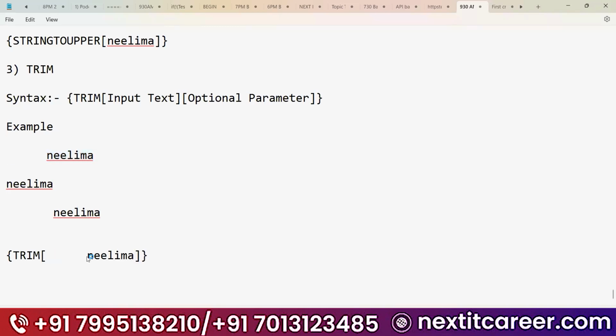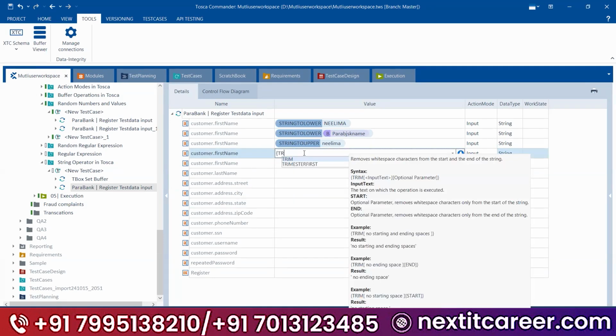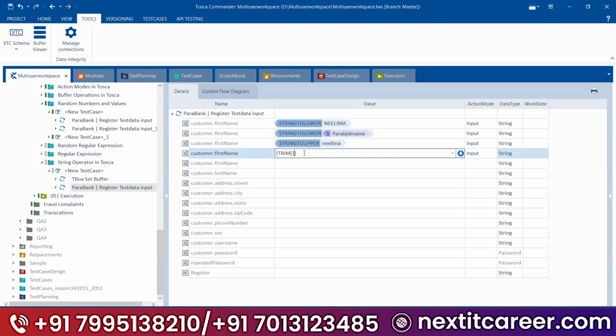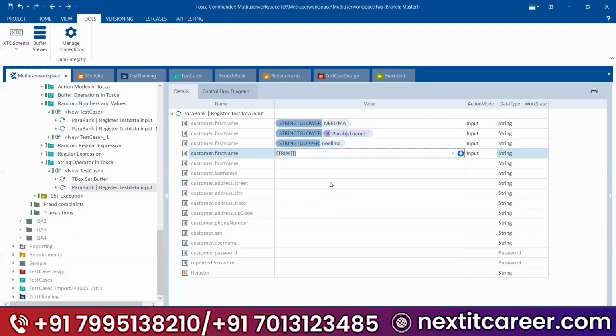Okay. So if you have any spaces, this is an optional parameter, right, guys. Either you can use it, else you can put it as a blank. If you're not using it, just remove it based on your situation. Just copy this one and paste it over here. Okay. See, curly bracket, trim, close the bracket and close curly bracket. Okay. So, yeah, anyway, see, if you are not using it, just remove it. So copy it and paste it like this.